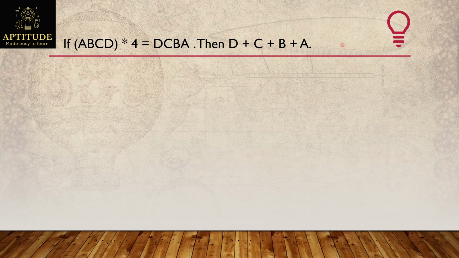And let's solve one more problem on this cryptarithmetic, which is a different kind of problem. See this, ABCD into 4 equals DCBA. So I am multiplying a 4-digit number with 4 to get once again a 4-digit number DCBA. Then how to solve this? No hints are given. It is not additions also.